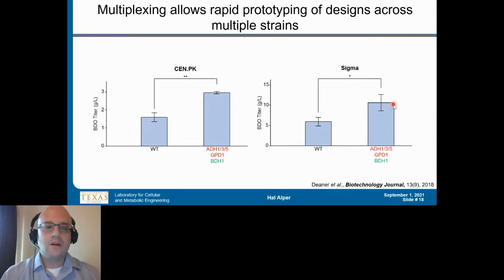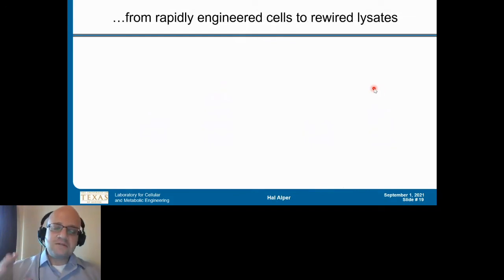So very rapidly, we can explore genetic diversity, we can explore different strains, and create new types of in vivo-based systems. So that kind of laid the basis for the fact that we can engineer cells rapidly. How can we now use that and move into rewired lysates, where we want to move into in vitro-based systems and harness the overall capacity for doing rapid catalysis there and for making new products very quickly and for prototyping new ways for how things work within an in vitro metabolic system.